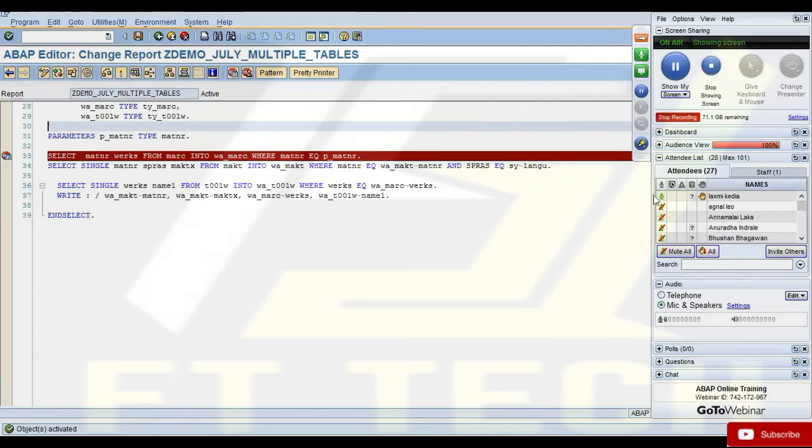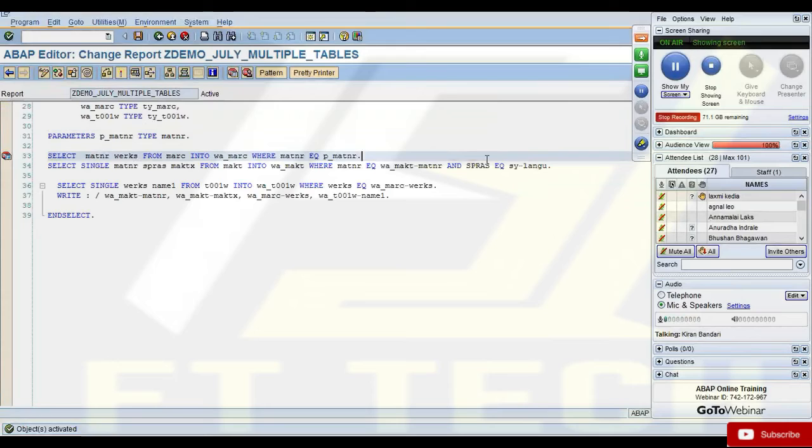Fine. So anyone here who didn't understand what I tried to do? This part is very important for you to understand how to relate different tables and which table to loop, which table to read, which is your major table. So once you understand this part, everything else becomes very easy for you to follow. So that's why I really want to take some time in going through these basics.